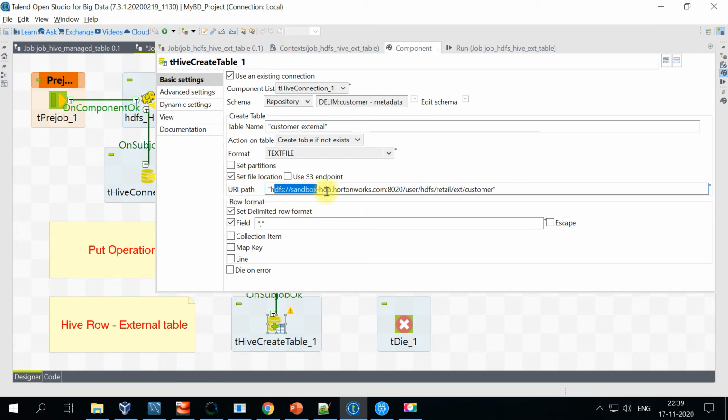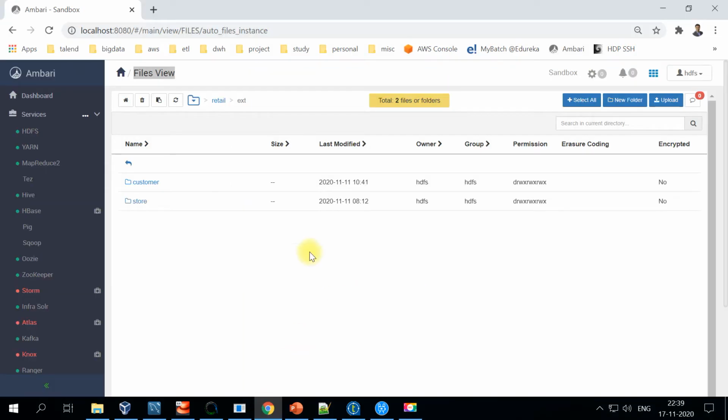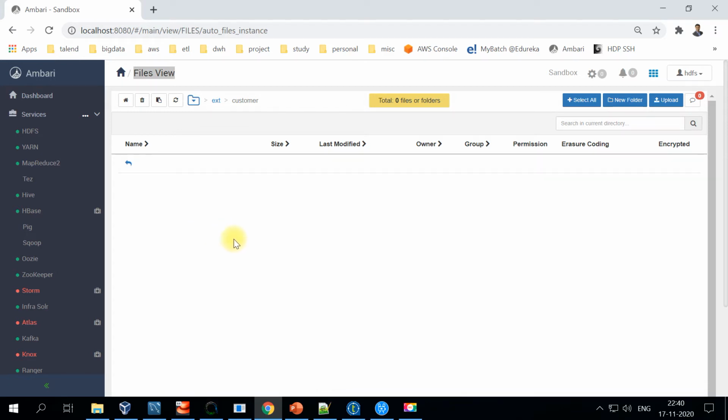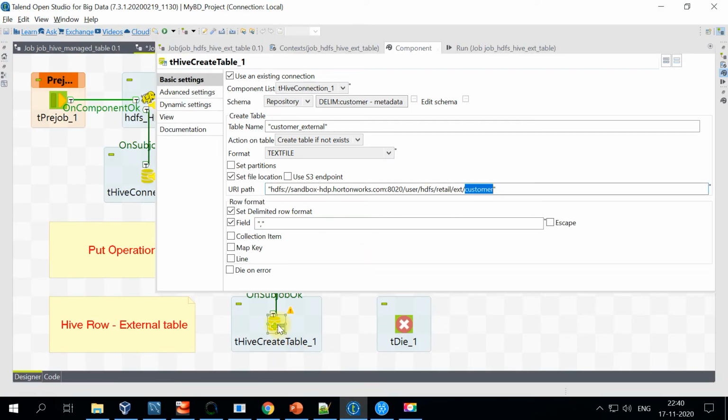This is the actual HDFS location where we are putting the data in our previous step, retail underscore ext, and under that we have a separate folder called customer. Let's say you get this file every day. The use case is, you keep adding files in this external folder, and your table will automatically read all the files and get the data from the data files.